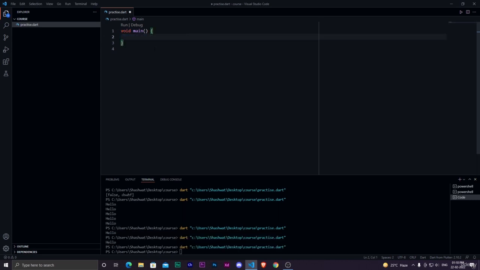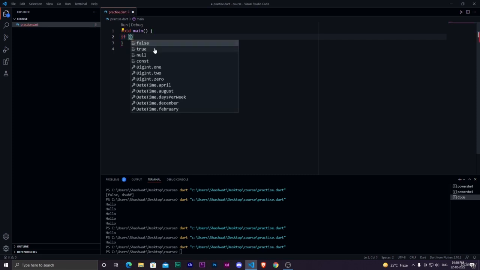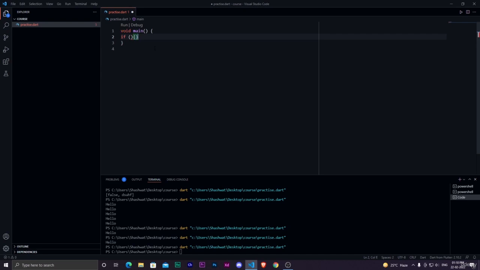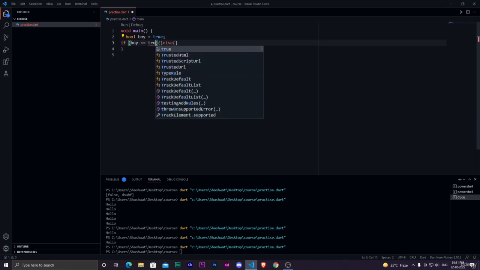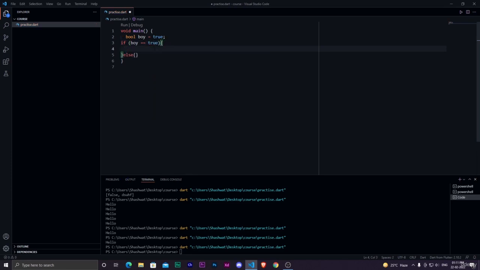Okay guys, so let's quickly look into what are loops. And let's start with the first one, which is if, let me write the basic syntax, and else. Okay, this is how if and else are written. Now let's understand this with an example. Let's say I have a bool boy equals to true. Now I want to print, if the boy is true, that it is a boy, else I want to print that it is a girl. Okay, so what I would do is boy equals to true. So I'm basically saying print